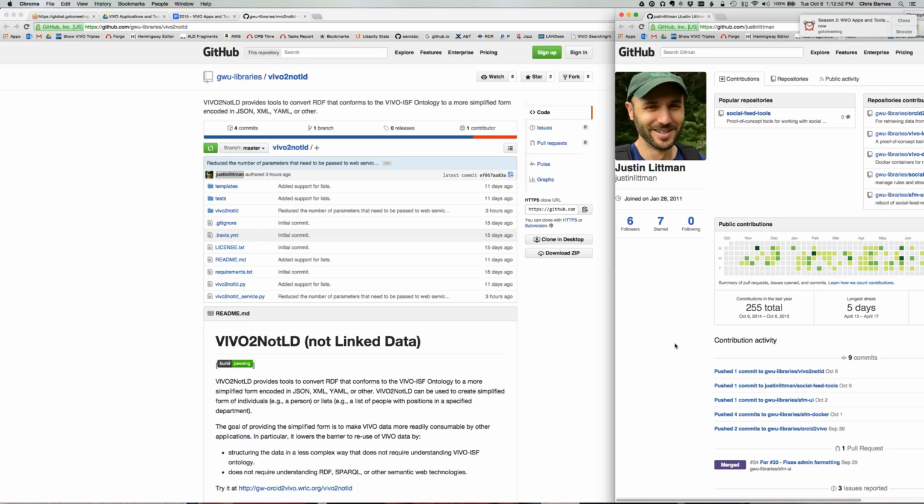So the motivation for VIVO to not link data was to make VIVO data available in a much simpler form and representation that could be more readily consumed by web developers who do not have experience with RDF or other semantic web technologies. The understanding is that in simplifying it, you also lose some of the granularity and detail, but again, for a lot of these use cases, that's perfectly acceptable. So